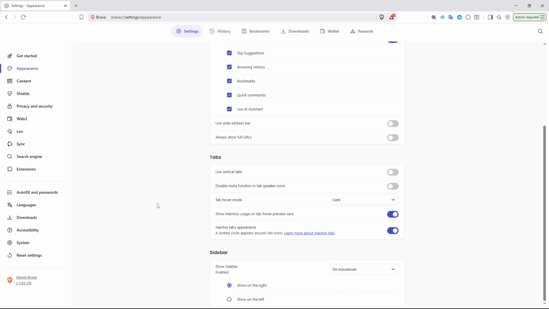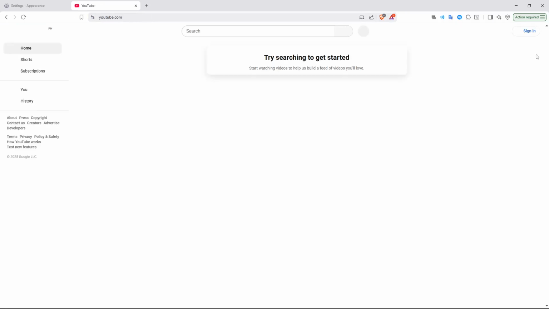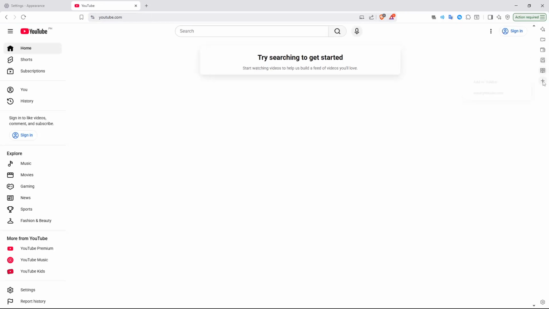Once the sidebar is enabled, navigate to the website you want as a shortcut. Look towards the sidebar panel for a little plus icon, inviting you to add an item. Clicking on this will open Add to Sidebar, prompting a confirmation to add the site. Confirm, and you'll soon have an icon representing the site right in your sidebar, providing quick access to your online